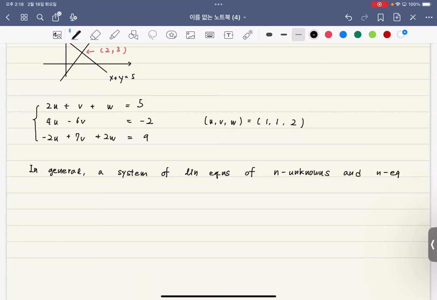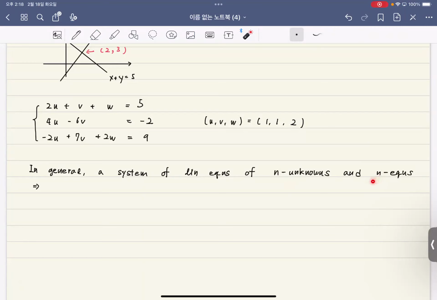So then, according to our row picture, a solution of this system is going to be the intersection of